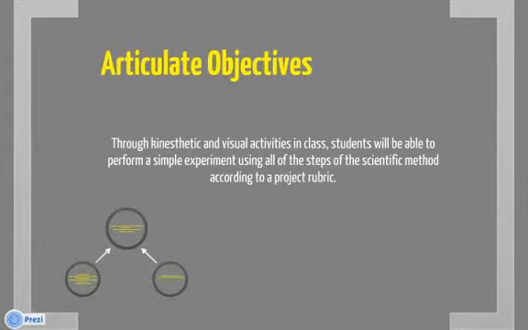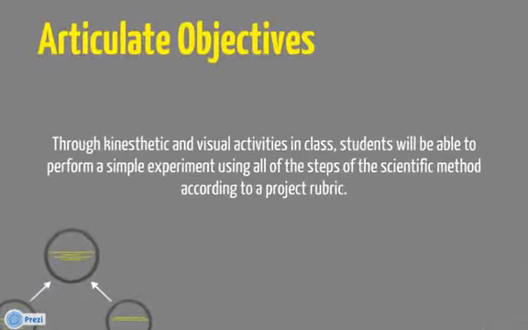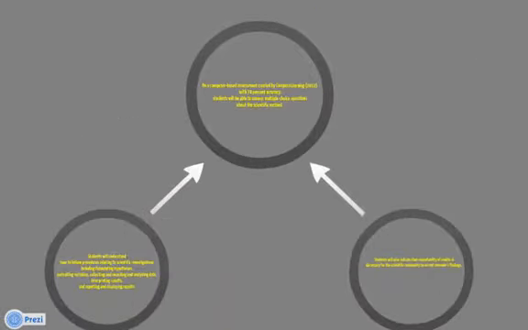The second step in the DID model is to articulate objectives. These are student expectations. Through kinesthetic and visual activities in class, students will be able to perform a simple experiment using all of the steps of the scientific method according to a project rubric. On a computer-based assessment created by Compass Learning with 70% accuracy, students will be able to answer multiple choice questions